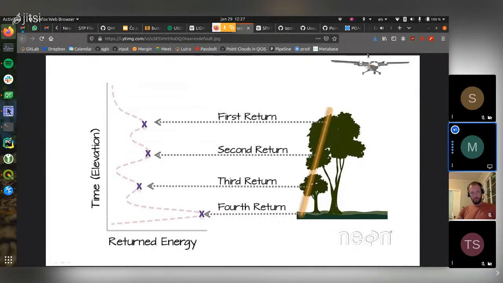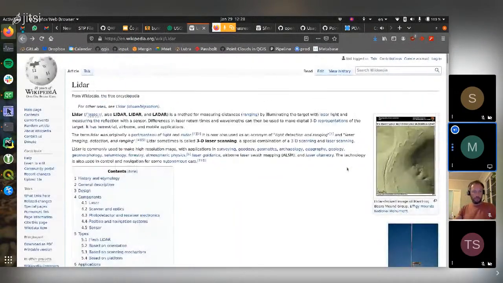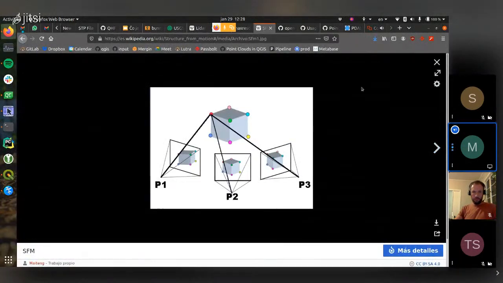And sometimes you get just one return and you get 1 point, but sometimes in areas where you have vegetation or so, the response is more complicated, and then software usually picks several returns which get reflected from branches and leaves and so on. So yeah, that's LiDAR. That's one big source of data, and the other one is to use photogrammetry, and that's